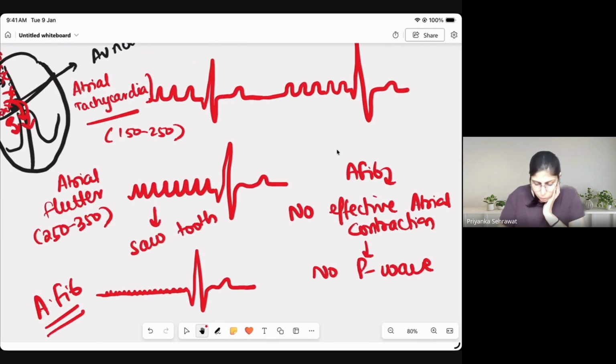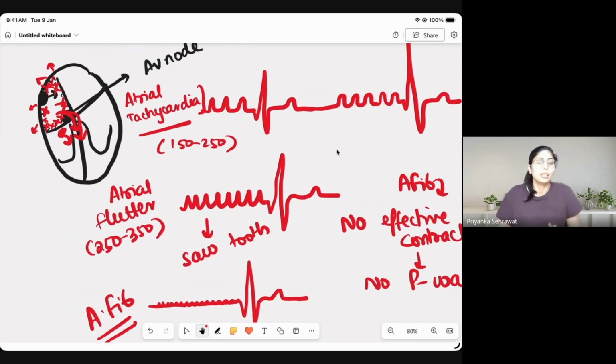Flutter, let me tell you flutter again. See, atrial muscles are not working normally. They are not working in a synchronized manner. When they are not working in a synchronized manner, we cannot have a normal P wave. We find a P wave in case of atrial contraction, which is normal, right? अगर atrial muscle involved हुए तो कौन सा waveform खराब होगा? P wave खराब होगा, right?